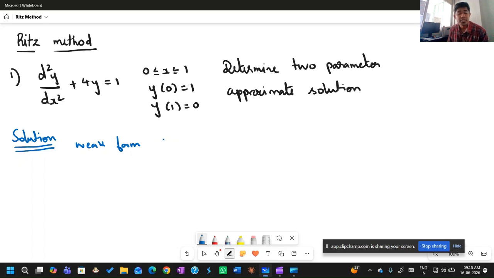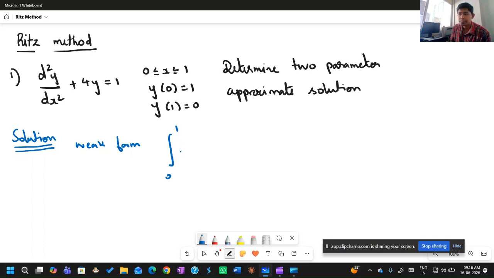Finding the weighted residual statement and performing integration by parts, we reduce the second order differential equation to a first order differential equation, that is called the weak form. You can check out the video for weak form determination, and the equation that we have arrived at is